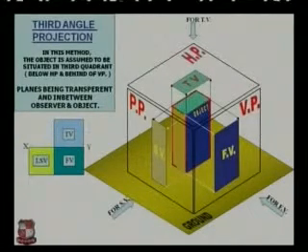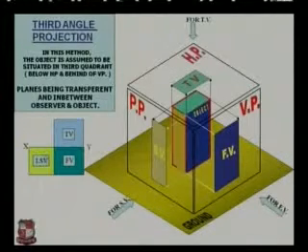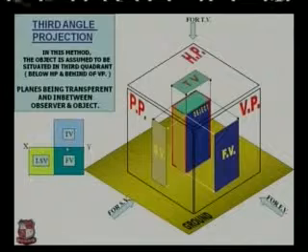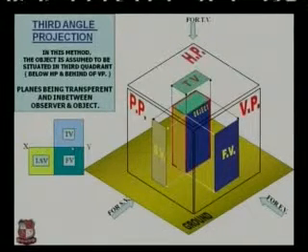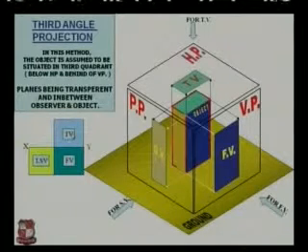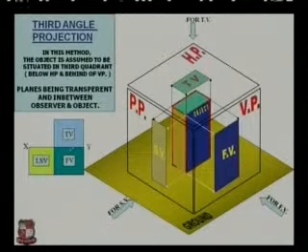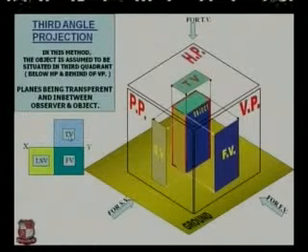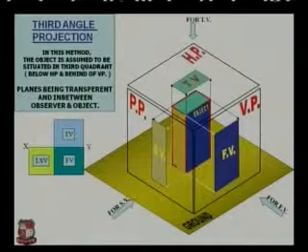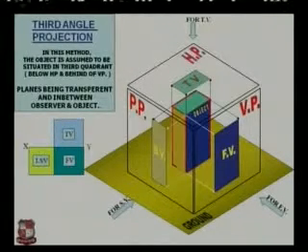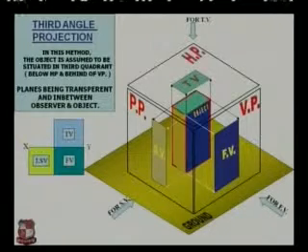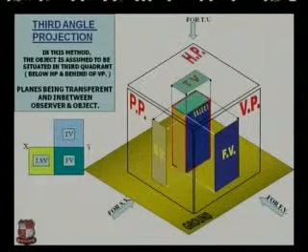In the side figure, we can see the pattern to draw the drawing in the third angle projection method, in which the top view is always kept above the XY line, the front view is always kept below the XY line, and the side view, whether it is left hand side or right hand side, will always be kept below the XY line, parallel to the top view. That we have to remember.